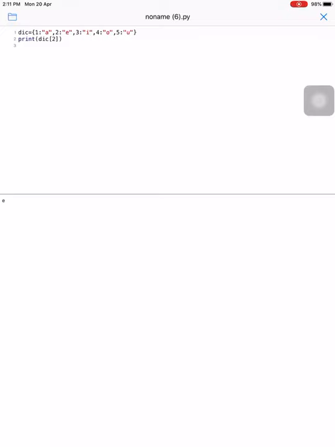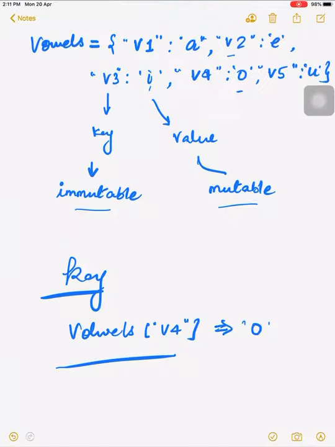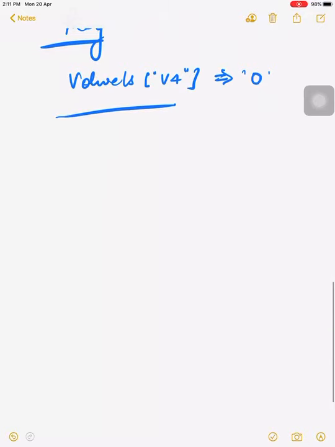It is E. So the output will be E, because here we take only one single key. So if we want to access only a single element of the dictionary, we can use that key instead of calling the whole dictionary. Hope you understand how we access a dictionary.